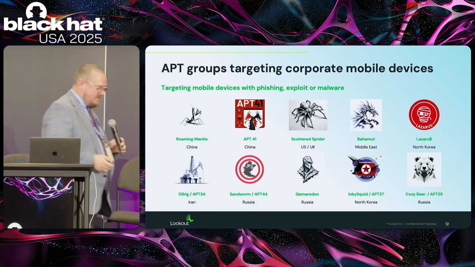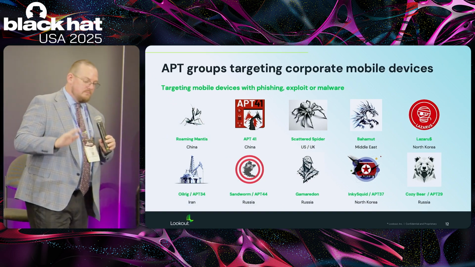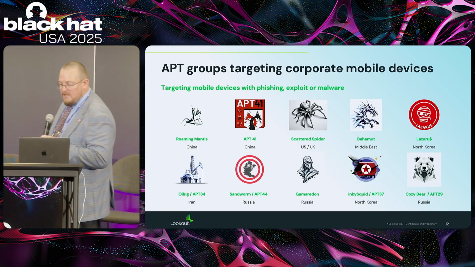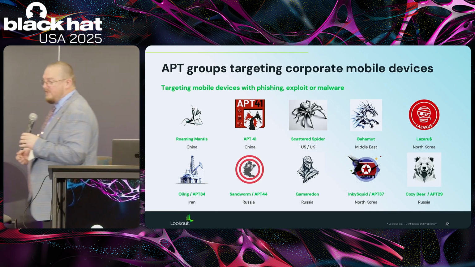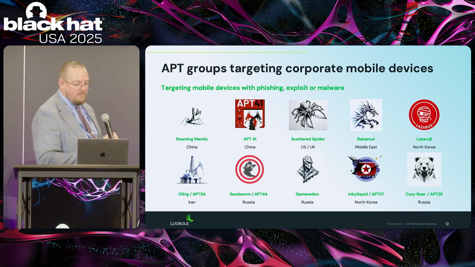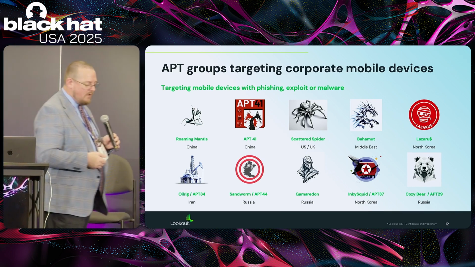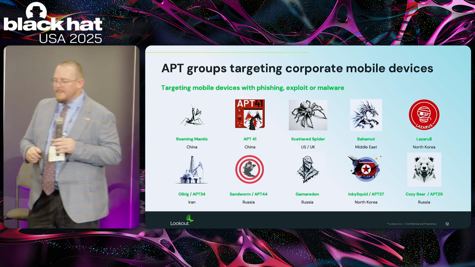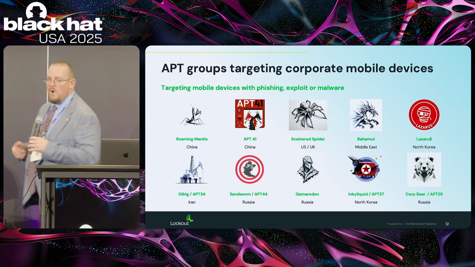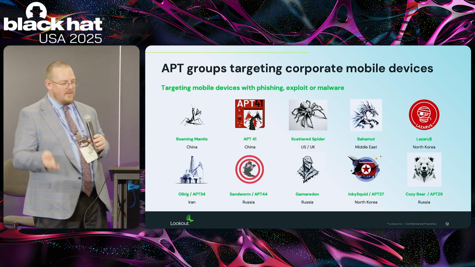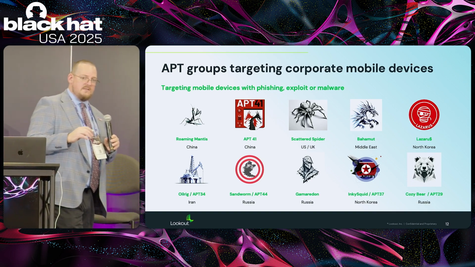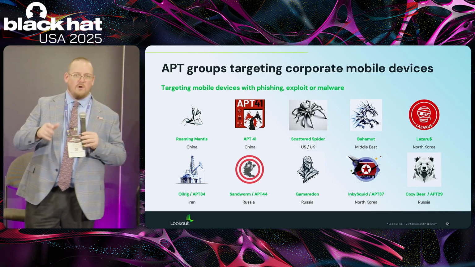Now, APT groups are also really well ingrained with mobile from an attack perspective. APT 41 turns out has been attacking mobile for about 10 years, longer than anyone else had really realized when we came out with this report about a year or two ago now. These folks all have their various different avenues of why they're targeting individuals and enterprises. Most of it's because they want to go after something that's towards that one particular nation's goal.